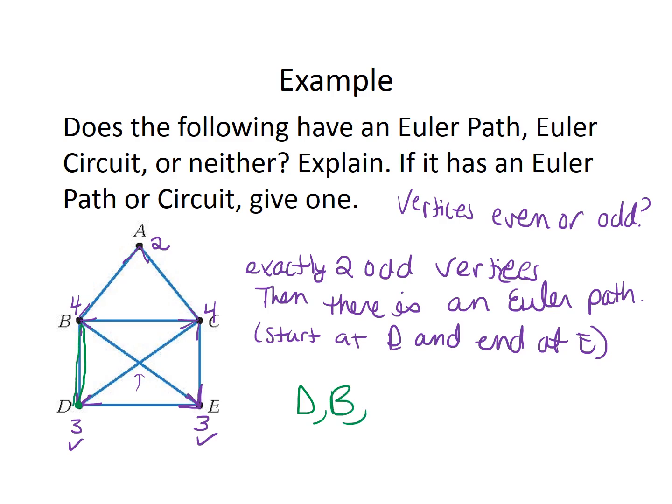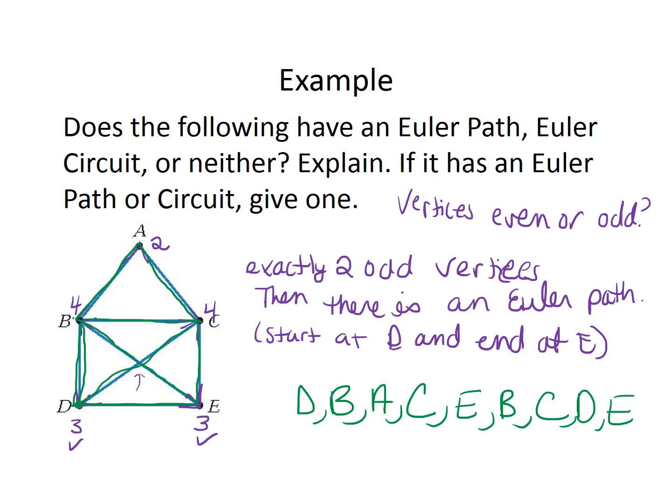E, let's go to B, A, C, to E, B, C, D, and E. All right. So we started at D and ended at E, and we've traced every edge